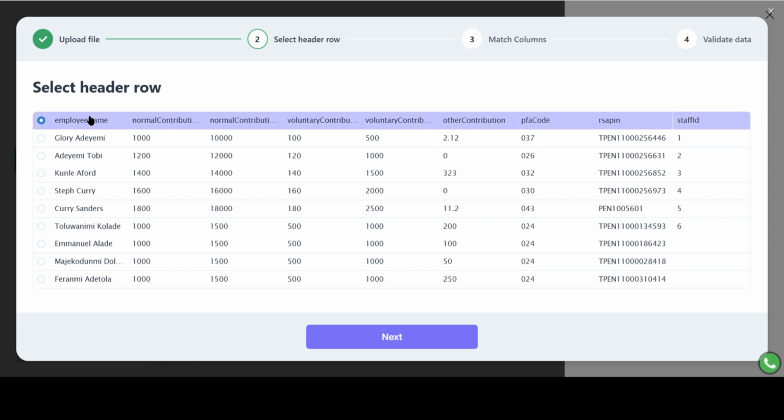So here we have to select the header row, and if you use the templates, the header rows have been compiled there already, and it contains this data: the employee name, the normal contributions, voluntary contributions, and just the required data. If it is not automatically selected, you can select the appropriate row for it, but automatically it selects the first row, which it should be. So moving on,